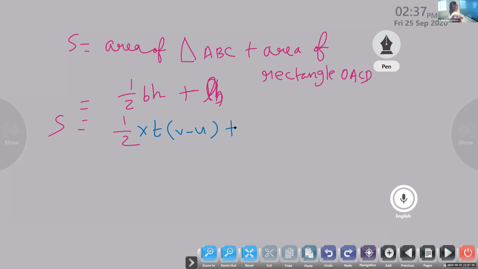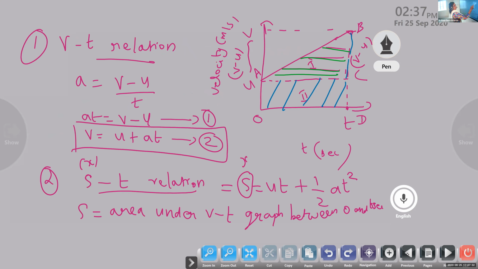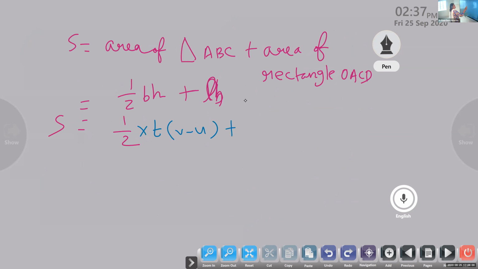Let us go back to the graph again. Length into breadth means here, length again T, up to here. So this is the breadth you take, up to here. The value is the difference between 0 and U, that is U minus 0, which is U. So we are taking this, we are not taking this now, for the length and breadth of this rectangle OACD. That's what we got. Clear? So you got it?